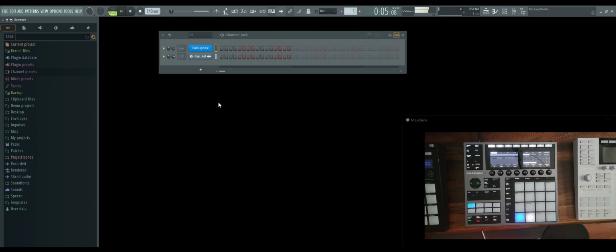Today we're going to be talking about the integration of the Maschine with FL Studio. Now, my goal today is to convince you by the end of this video that this is the deepest hardware integration to ever exist for FL Studio. It's going to be a long video because there's a ton of features to dive into, like browsing the browser,